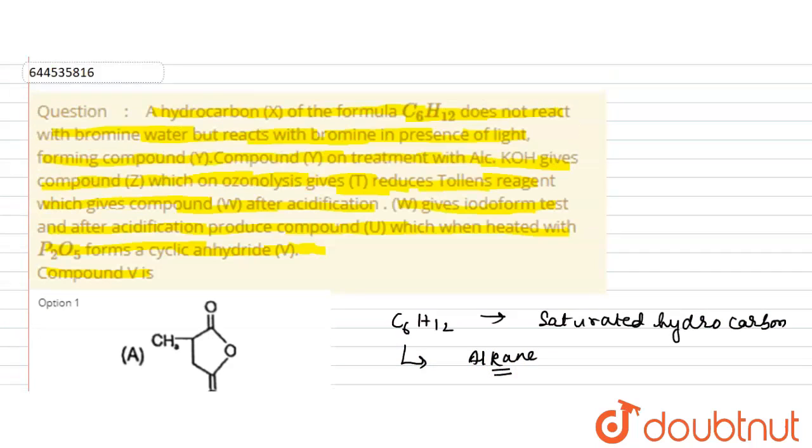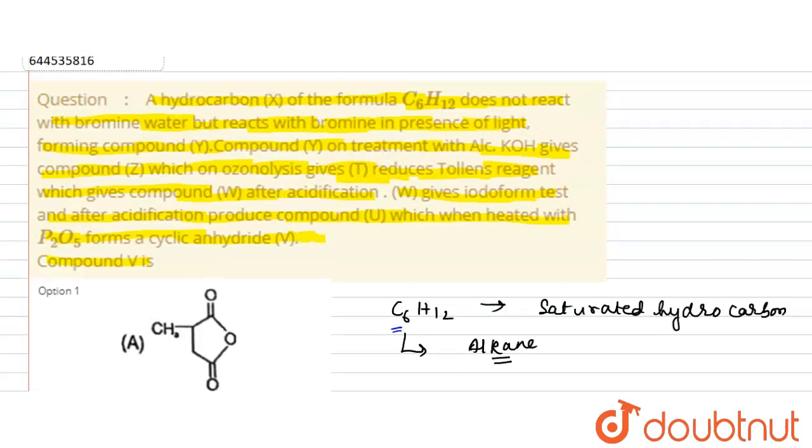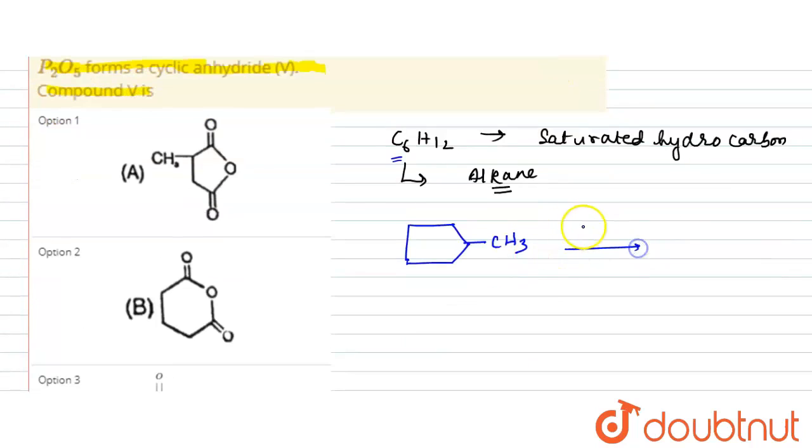Now in the second step, it is showing that it is reacting with bromine in presence of light. So if it is reacting with bromine in presence of light and there are 6 carbon atoms, so you can say that this may be the ring. You can have a 5-membered ring and here there will be CH3 attached. Now you know very well that if you treat bromine in presence of light, means if it is treated with Br2 in hv, then if we consider this to be X, then selective bromination occurs, and at the tertiary position,